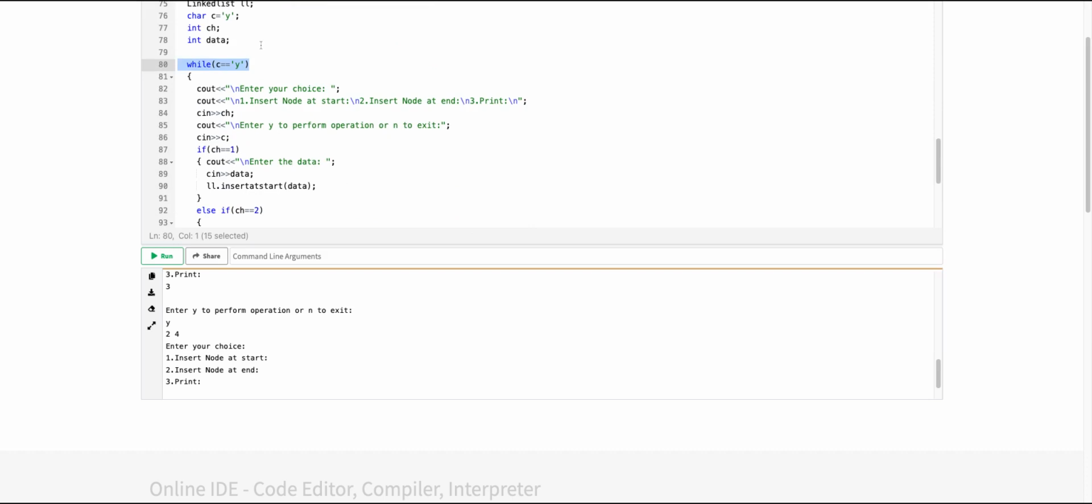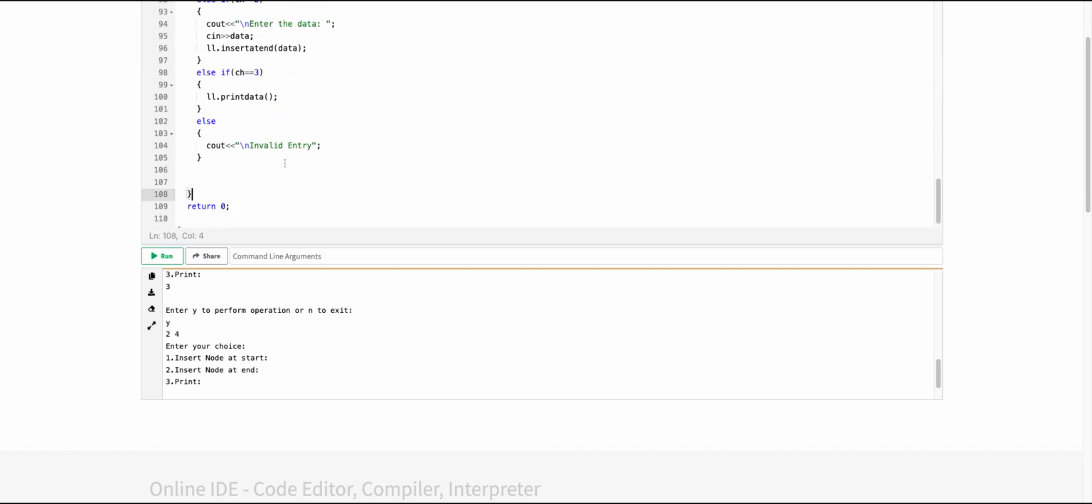And I suggested a do while here, so you can use the do while loop instead of this, with do while equals y. So this is the